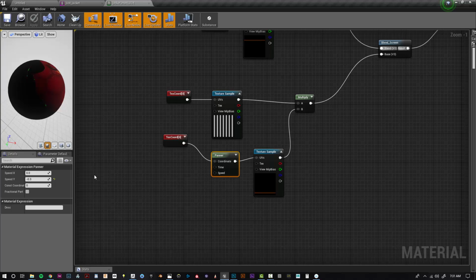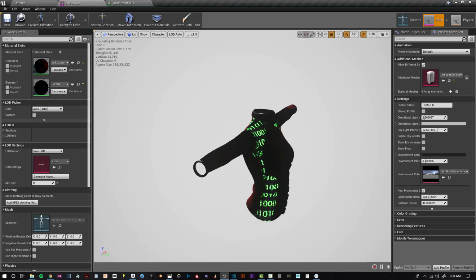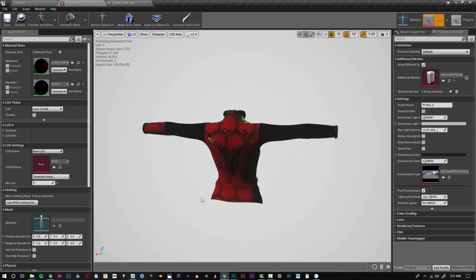I mentioned earlier how this working method is very modular, and one of its biggest sources of power is that modularity, the fact that it's a bunch of small components that you can edit in various ways to get a very, very large result. You can edit the UVs so that things sync up, so that they share a pattern, so that they share a movement. You can have it so that while one thing is horizontal, the other thing is vertical, or whatever combinations you can think of. And if you're familiar with all the components that go into making this, your ability to edit